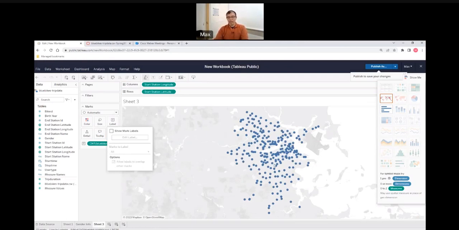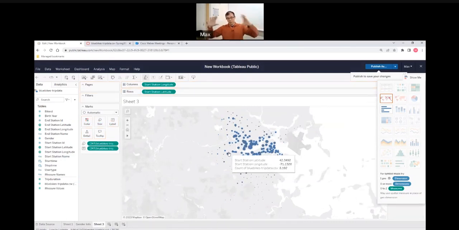And on the other hand, I also want to utilize the color, let the color reflect maybe the number of people who rent from a certain station. So I would like to click the data and move that to maybe the color and the size. Maybe just go to the size. So the larger the dot, the more people there. For example, here, if I move that here, I know the start station latitude, longitude, and count of Bluebike